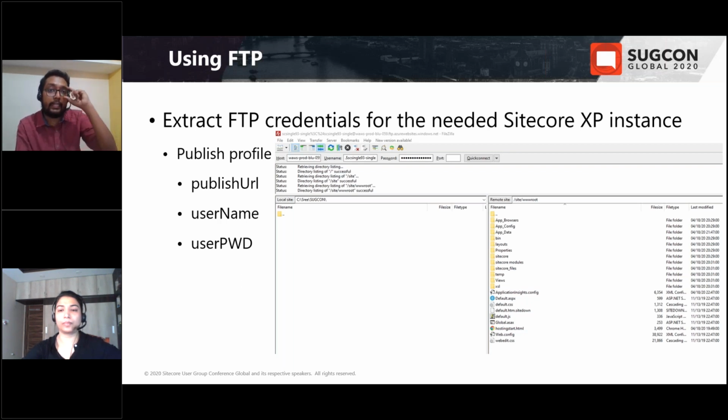So suppose I need to provide my bin folder to my Sitecore support, then I'll just browse to this particular folder using my credentials, and then download the bin folder to our local and give it to the Sitecore support. For this, there are 3 parameters required. From the publish profile, we will get the publish URL, username and user password. Now let's see how we can get the publish URL and everything from the publish profile.